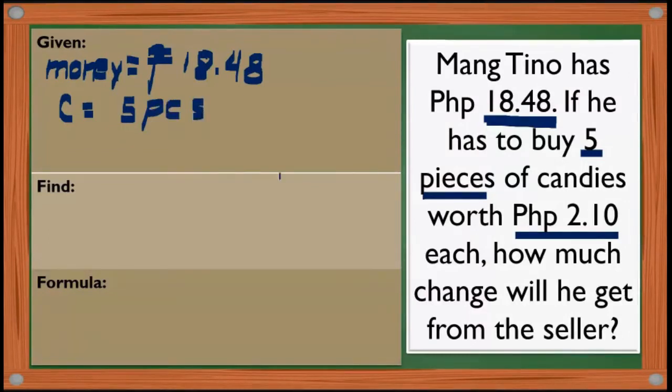Okay? Next. Aside from 5 pieces, what else? We have the underline 2 and 10 cents. That is price of candy. 2 pesos and 10 cents. Okay? That's it. Yan lang ang ilalagay sa given. So, ang gagawin nyo, pag given ang hinahanap, ilagay lahat ng numerical value and then label it. Pangalawa,